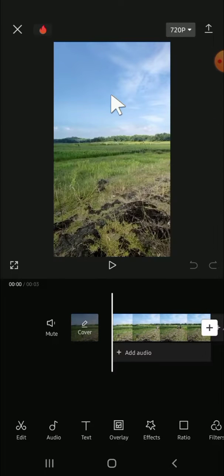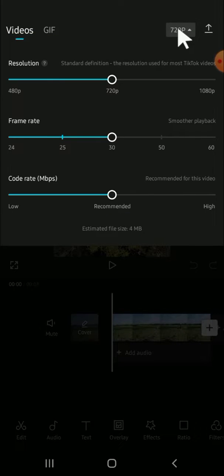So the first thing we're going to do is click on this button to select the resolution of the video, and we can choose either 480p or we can choose 720p or even 1080p, and we can choose it as we like. And we have to drag this button, this circle. If we want to change the resolution, we can go right or we can go left, and it's up to you. And for me, I'm just going to select 720p, and we can also choose the frame rate right here,